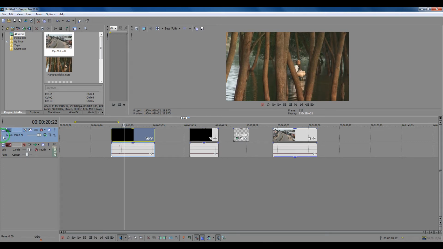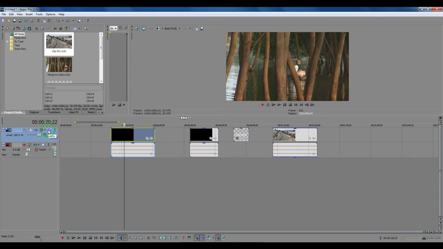So we discussed the track properties right here in the first video track. We mentioned the level and the level slider and the track effects which affects the entire events on a particular track, and here we have the compositing mode which is used to adjust the transparency settings of the footages.